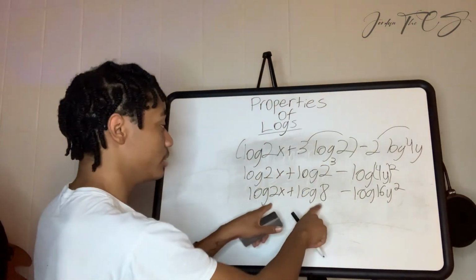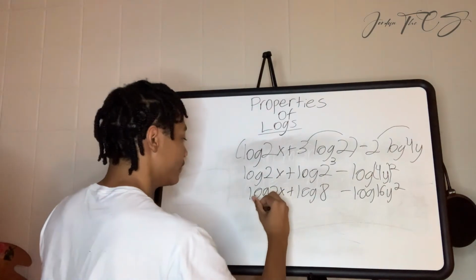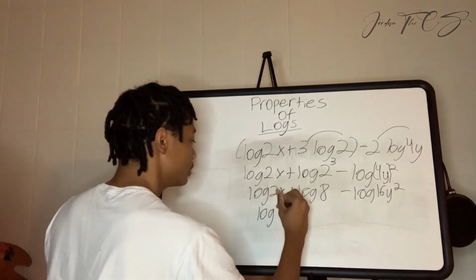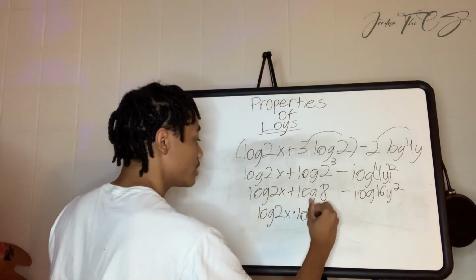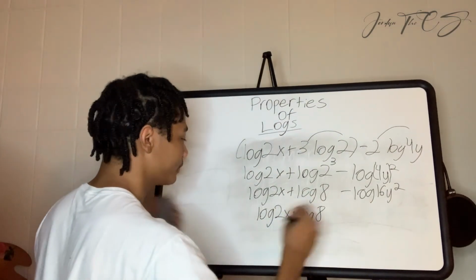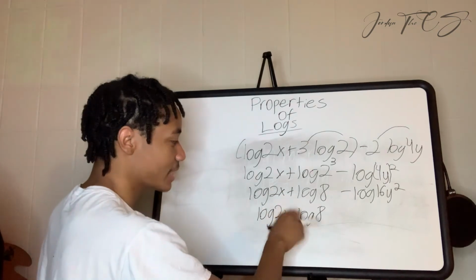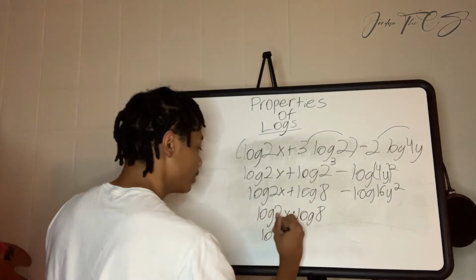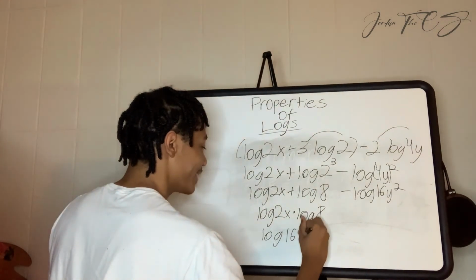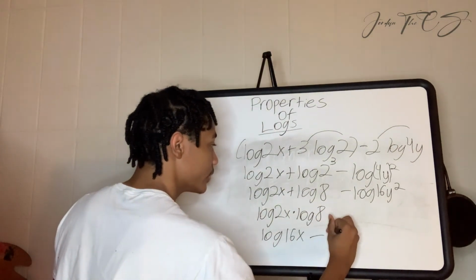Now, remember, these two can get multiplied. So we have log 2x times 8. I'm sorry, well, it's basically the same thing. Basically 2x times 8, which is going to be 16x. So we have log 16x minus log